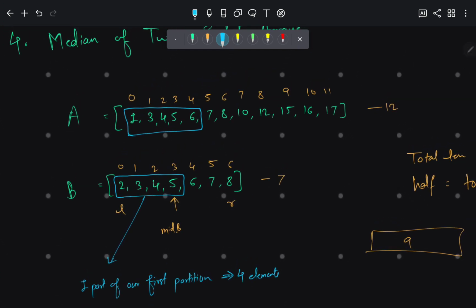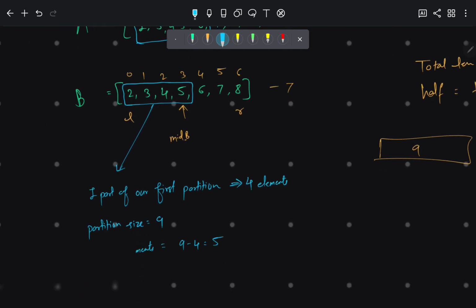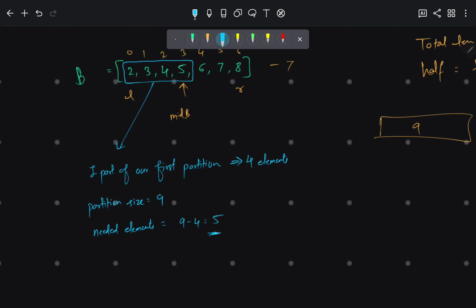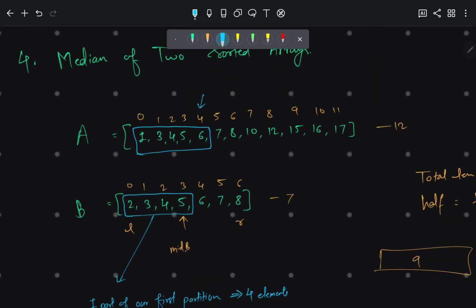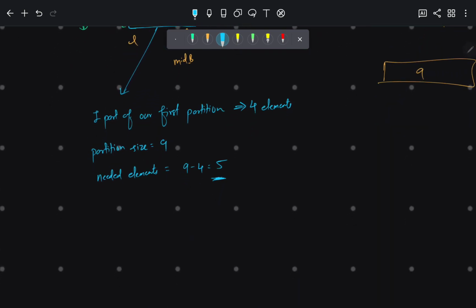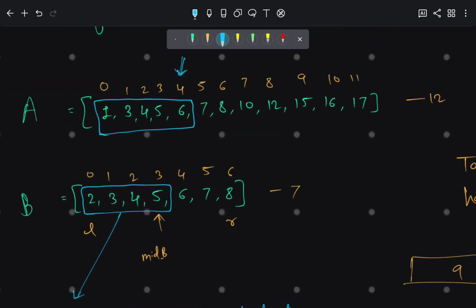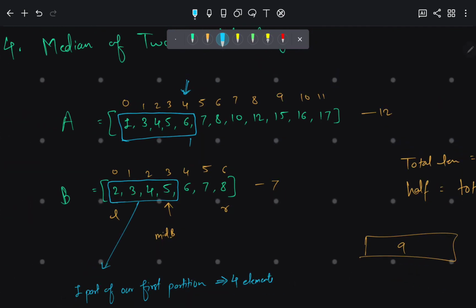So we need, like, this index 5. If we need 5 elements, we are simply going to put 5 minus 1, till index 4. We need all the elements till index 4. That would be 5 elements, right? Simple. And this would be mid of, we are going to say here,